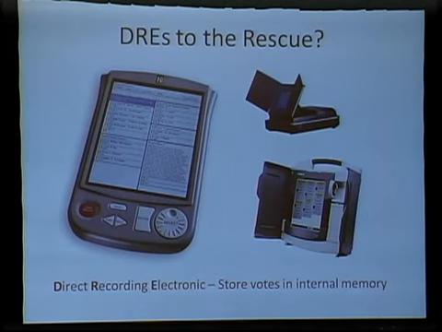The problem was that when the states went out and looked on the market, there weren't many appealing options that satisfied the requirements of the Help America Vote Act. Things like they had to be accessible to people with disabilities. The machines that most states turned to were called DREs, direct recording electronic machines, which just store votes in some kind of internal memory. And the DRE voting machines that were available had been rushed to market very quickly with relatively few controls on the software engineering and security components. That was the genesis of the kinds of problems that would be discovered in subsequent years.